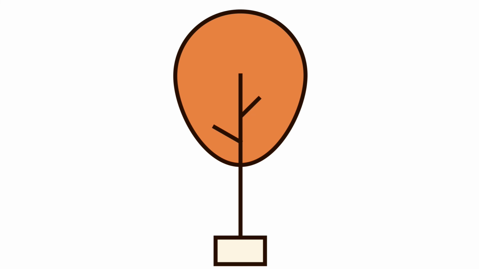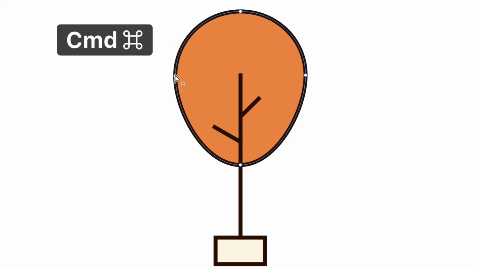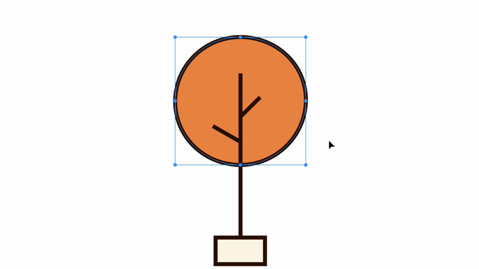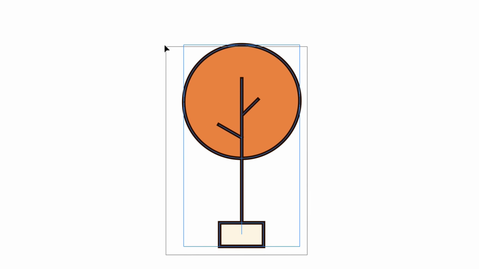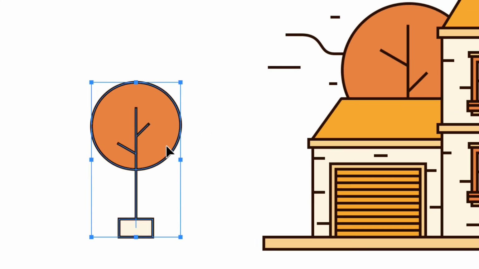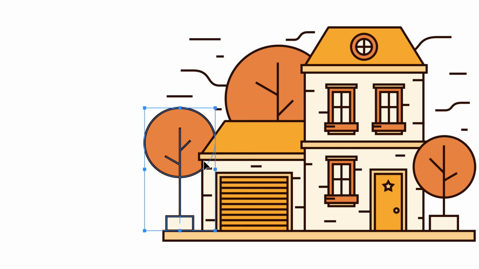Now here's a useful tip. While you're working with other tools, you may need to switch temporarily to the Move or Selection tool. To do this, press and hold the Command key on the keyboard. Adjust the position of an object or point. Then release Command to use the previous tool again. The Command key activates either the Move or Selection tool, depending on which of them was used most recently.